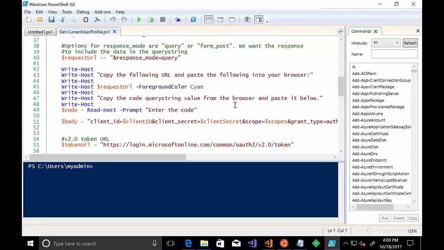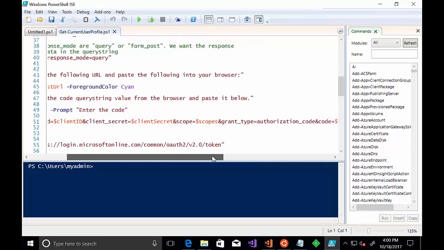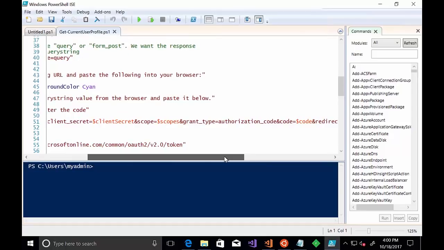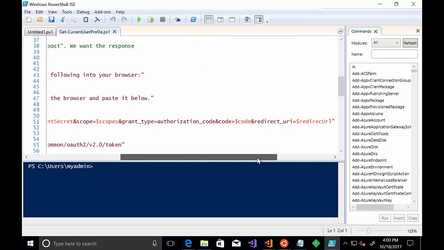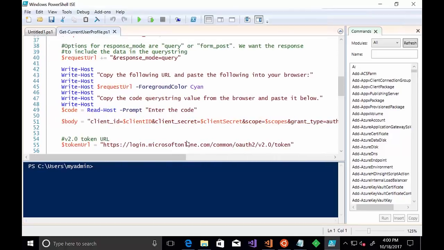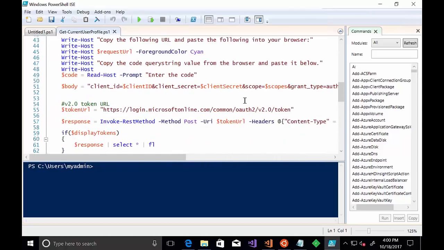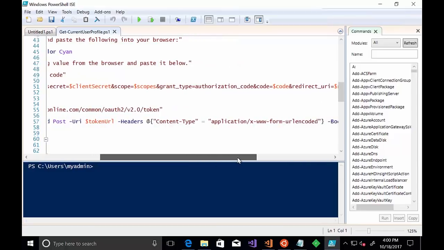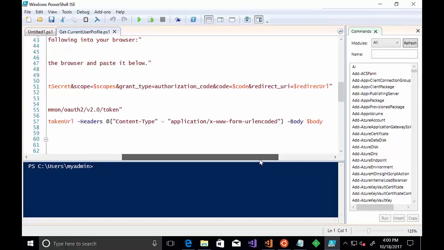So then that's going to make another HTTP post to the token endpoint, the v2 token endpoint for Azure AD, by passing in the client ID and secret, the scopes, the grant type, which is an authorization code. Then I'm passing in the code and the redirect URL. So those are provided to the token endpoint. So here I'm using Invoke-RestMethod with a post with the token URL, and the content type will be